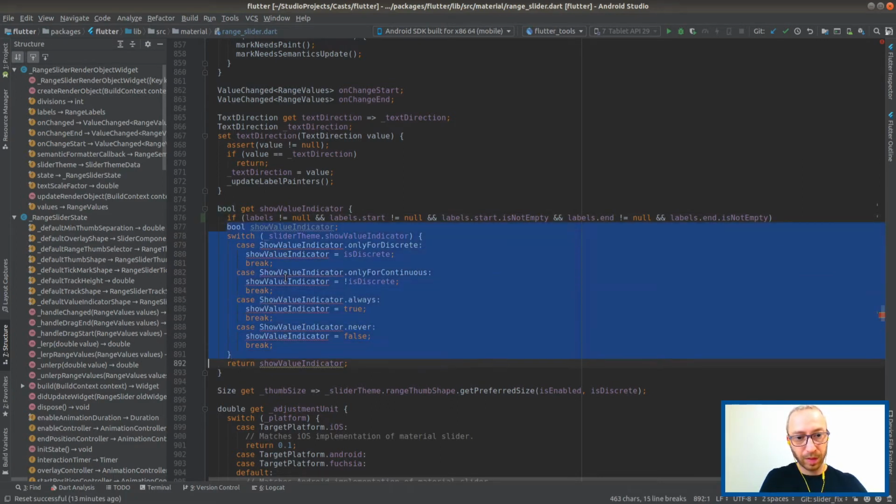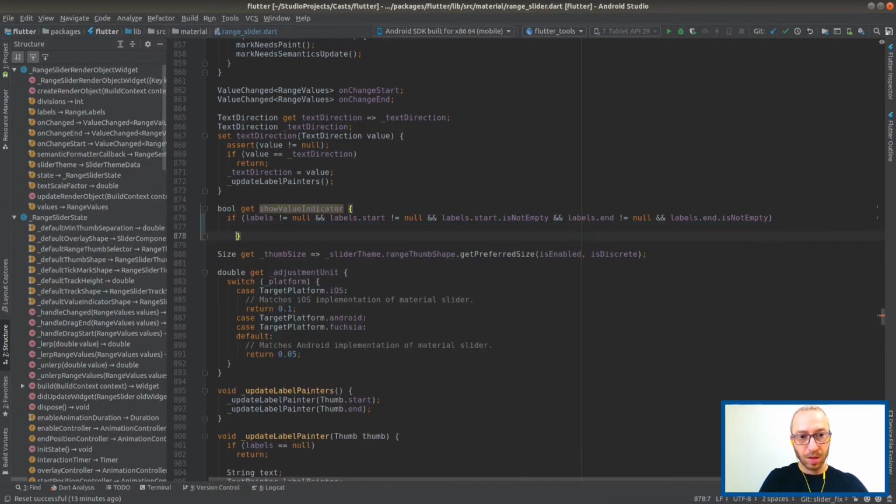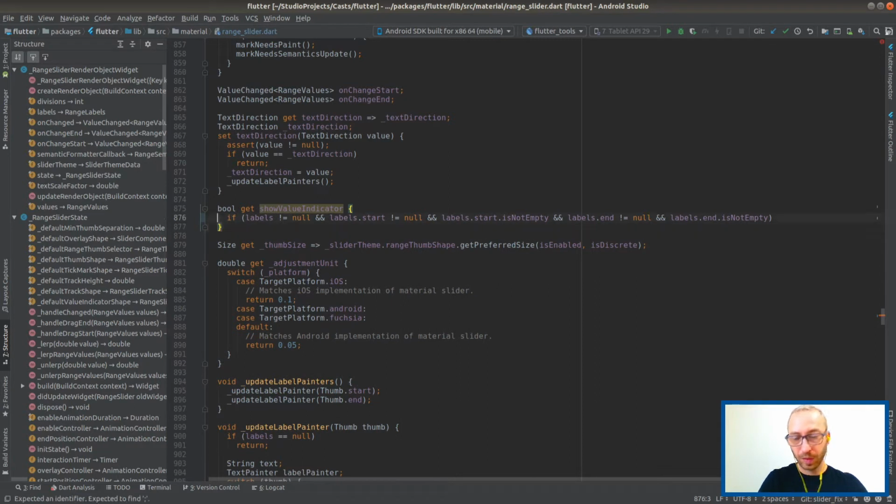And we can remove everything over here. And just say that. Okay, so if labels is not null, and start is not null, and it's not empty, well, maybe they want it to be empty. That would be weird. And the same for end: not null, and is not empty.